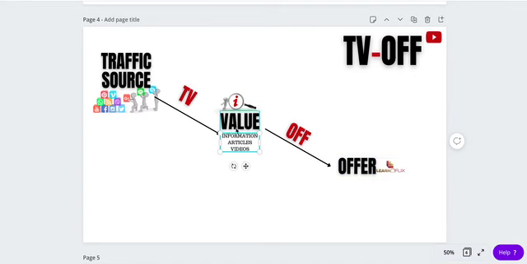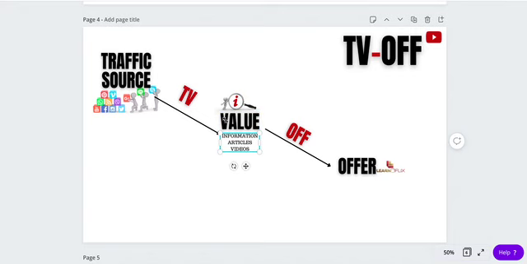So the value you are writing here is going to contain what we call keywords. For example, if you're doing Google search engine optimization or YouTube ads, it is going to contain keywords related to the solution this offer is providing, which is in turn the opposite of the problem these people are having.